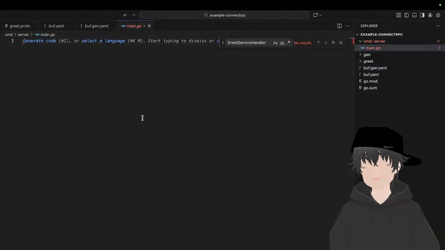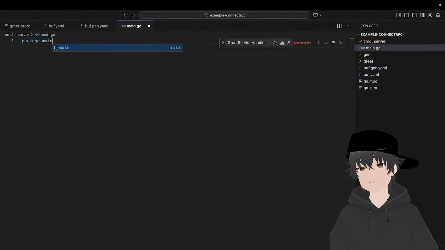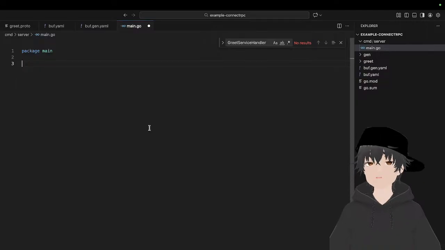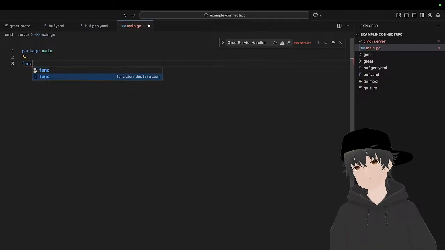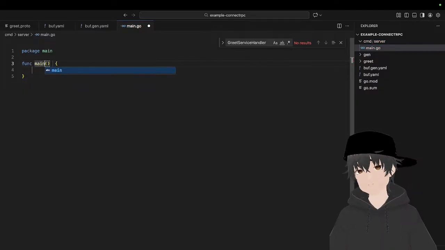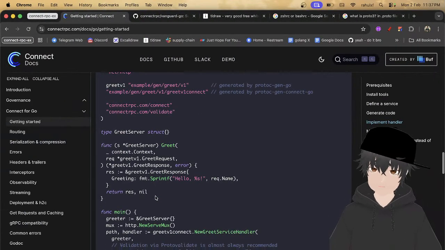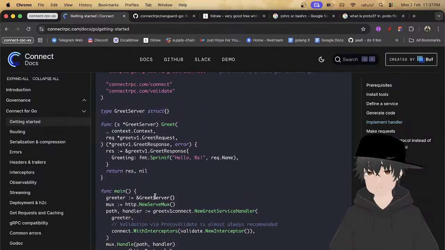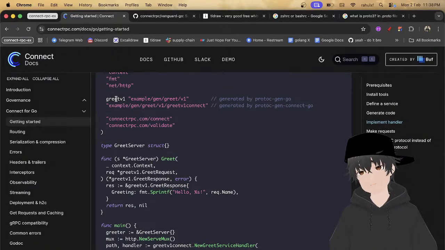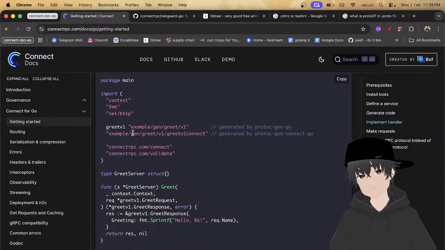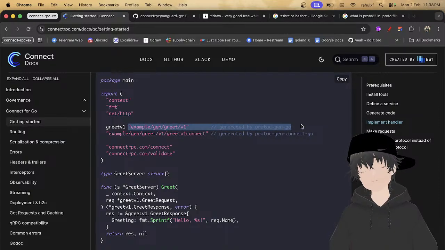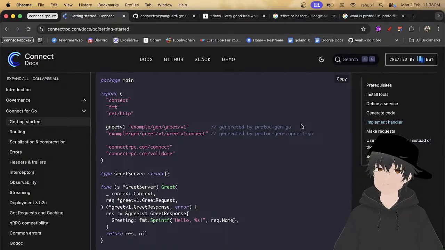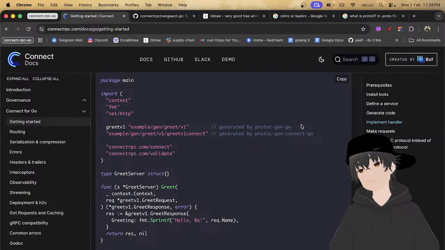We can do a package main. After package main, you need a function which is main, right? What are the things we need to implement here? Firstly, we need to think about greet v1, which is generated by protoc-gen-go, and another which we need is generated by protoc-gen-connect-go.